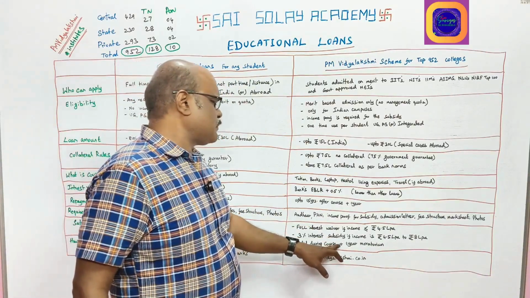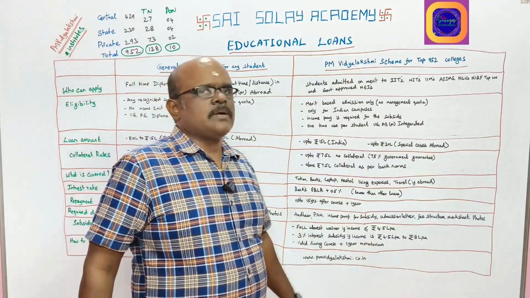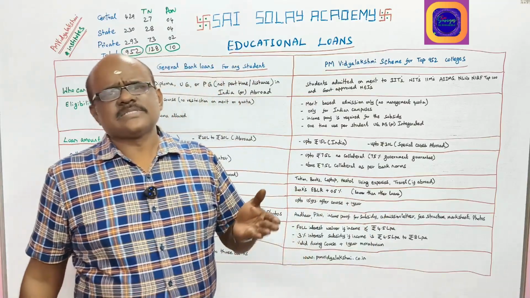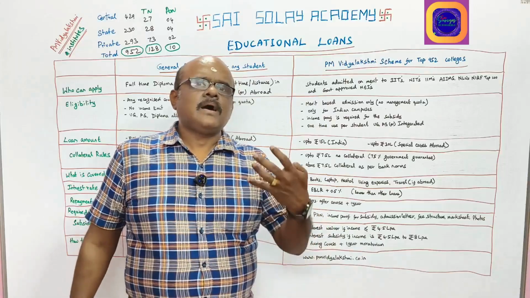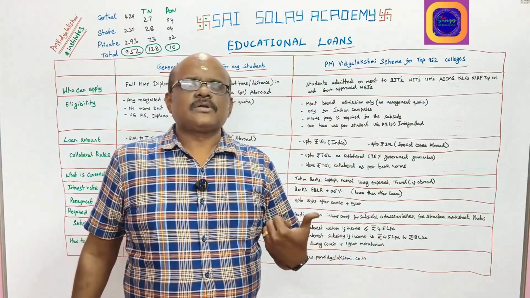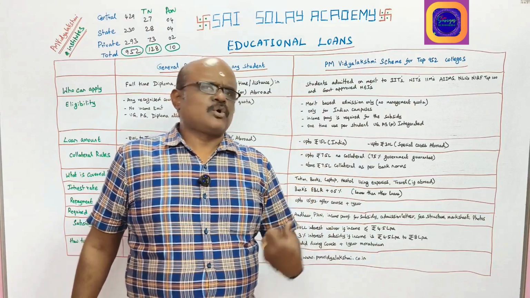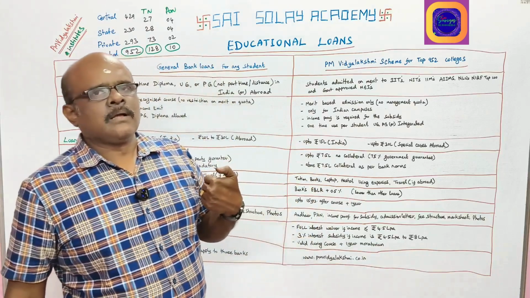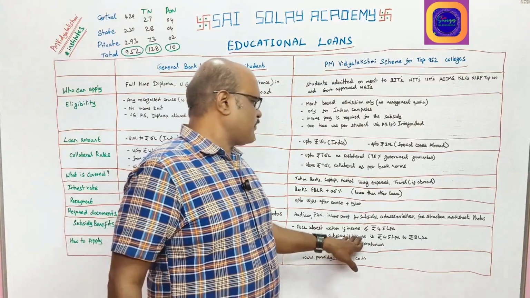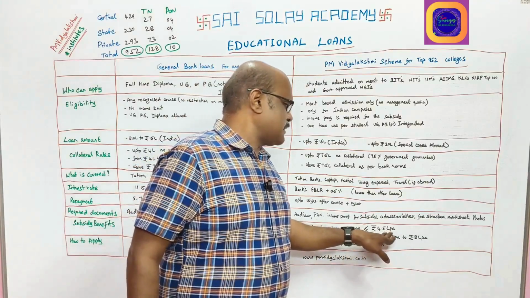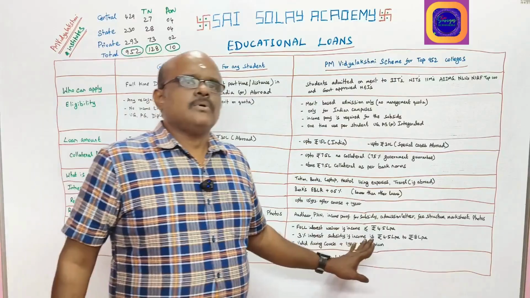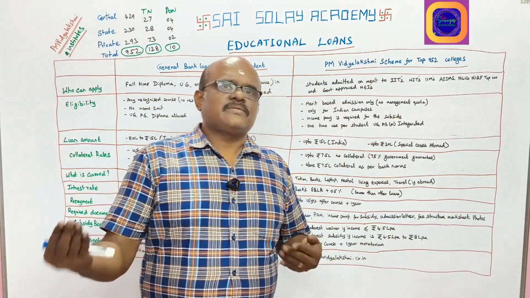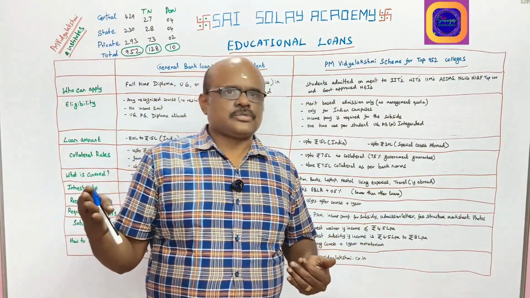And this subsidy will be valid during the course plus 1 year moratorium. So if your course is a 4 year course, then the subsidy will be there up to 4 years, plus 1 year, that is the moratorium period. So in the 5th year there won't be any interest if your family income is less than 4.5 LPA, and these subsidies will remain for up to 1 year of extended period after the completion of the course.